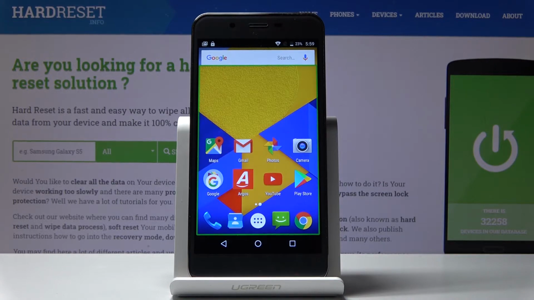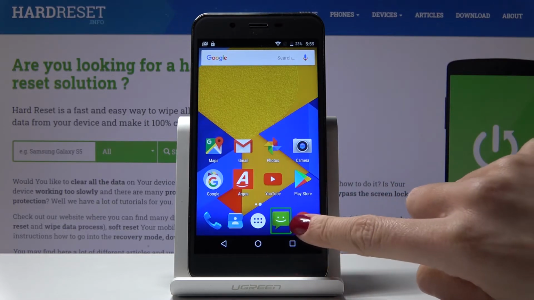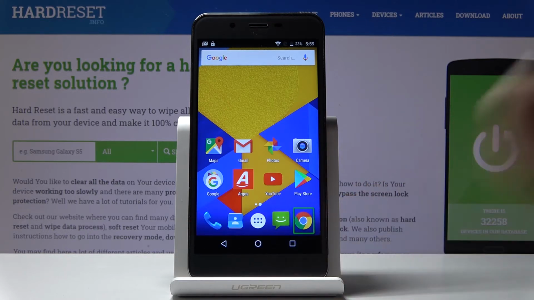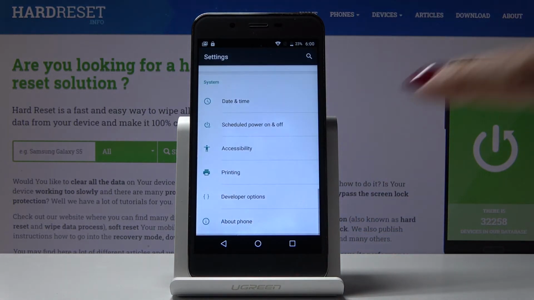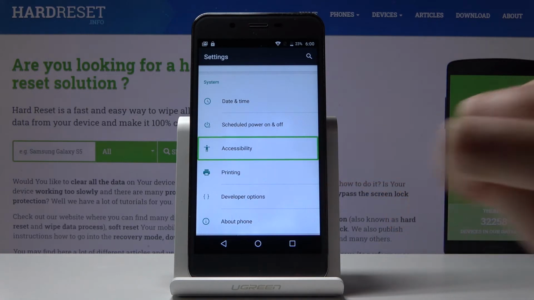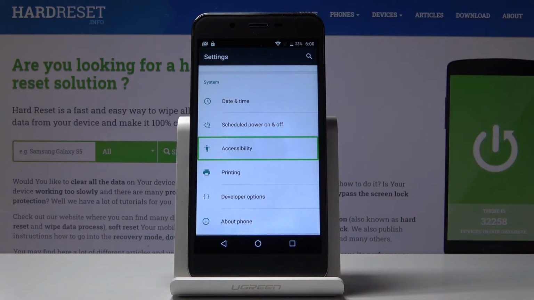As you can see now, you will be provided with the typical description of the currently marked item, for example, messages. Chrome. Phone. Contacts. And to activate some particular feature, some particular app, you have to tap once to select it, and then tap twice to open. Double tap to open. Let's go to the accessibility, and now we will switch TalkBack off